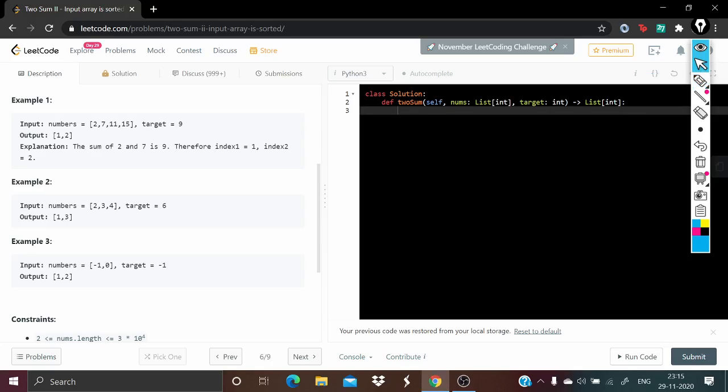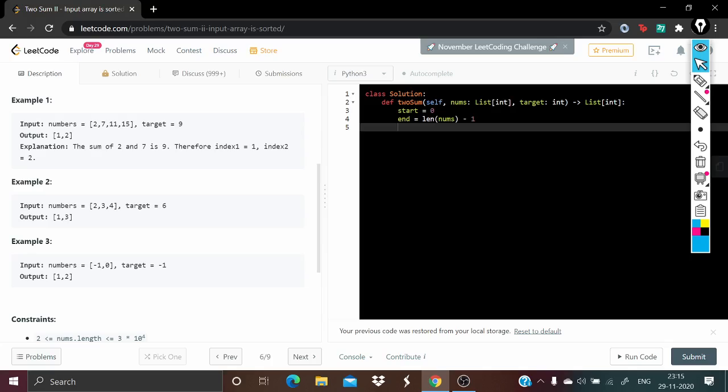Okay, so what we'll do is we'll create a start pointer which is set to 0, and we'll create an end pointer which will be equal to length of my nums array minus 1, because here you can see that the length is 4 and the last index is actually 0, 1, 2 and 3. Okay, now we go to a loop where we write while, and while start is less than end, what we'll